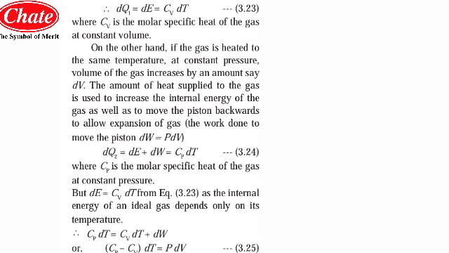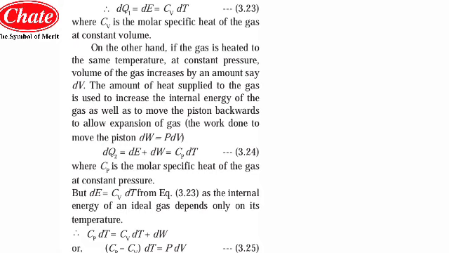The amount of heat supplied to the gas is used to increase the internal energy of the gas as well as to move the piston backward to allow the expansion of gas. So the work done may be given as dW is equal to PdV. So dQ2 is equal to dE plus dW, which may be given as